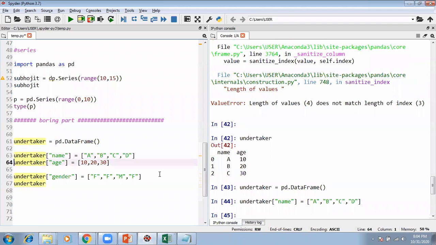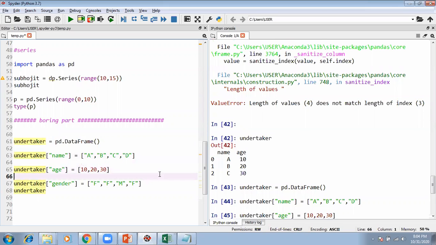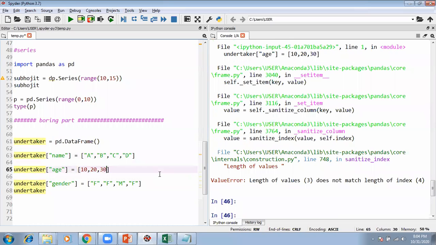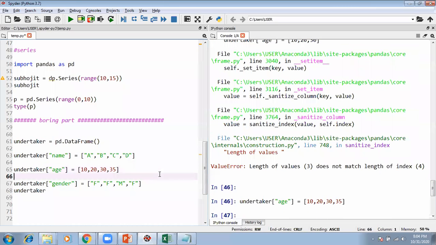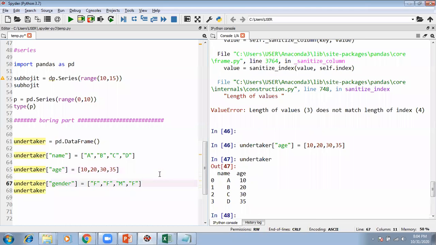I mean, 4 rows, 40 rows, 4,000, 4,000,000, no problem. But once the first column is created, the number of rows is fixed. Now you cannot add a lesser number of rows, it's going to give you an error. So you need to add some more values. Four values should be there, otherwise it's going to give you an error. Okay, now this is going to work.